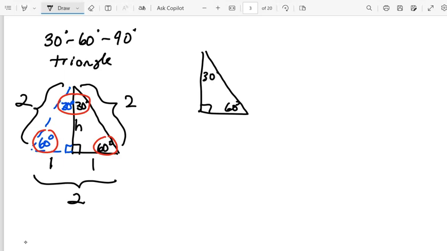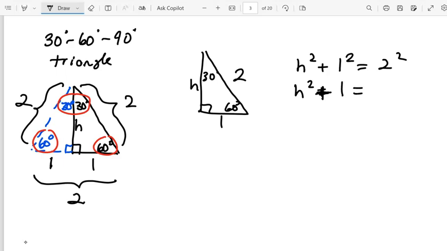30, 60, and 90, and we've got h, 2, and 1. Now 2 is our hypotenuse, so h squared plus 1 squared is equal to 2 squared. So h squared plus 1 squared is 1, and 2 squared is 4. Subtract 1 from both sides, h squared is 3, and h is equal to the square root of 3. So